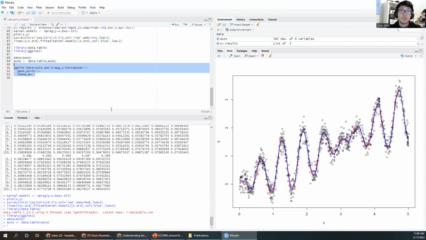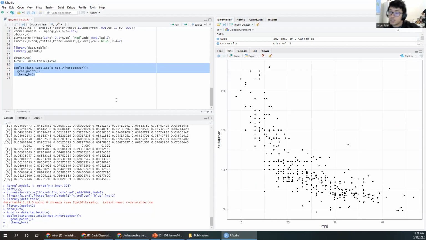I'm going to essentially cluster these sets of points, horsepower versus MPG. The first thing I need to do is to scale them. One of the things you'll notice is that horsepower is an order of magnitude larger than my MPG. And so